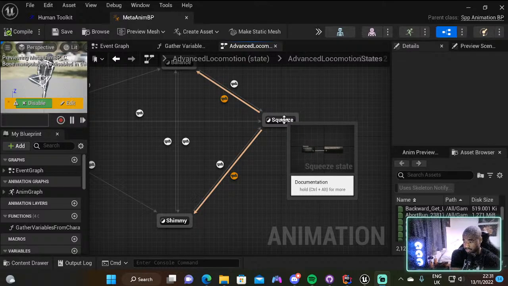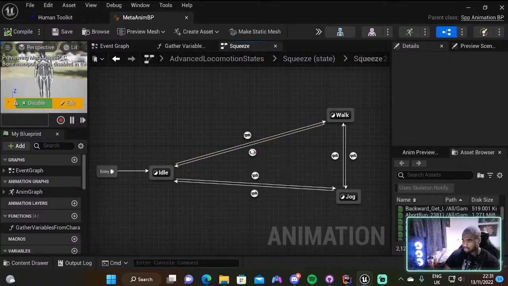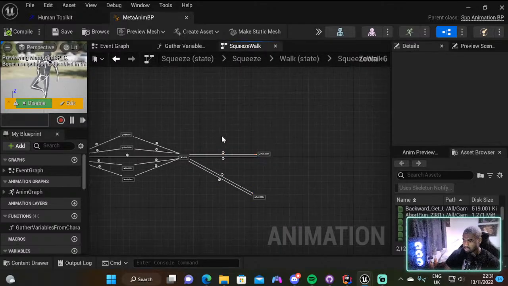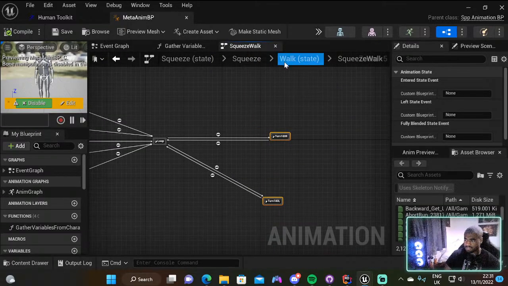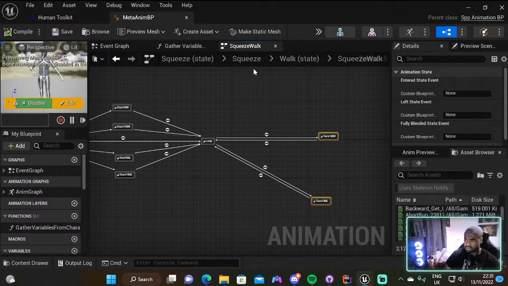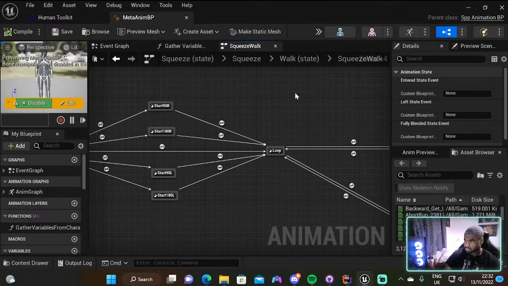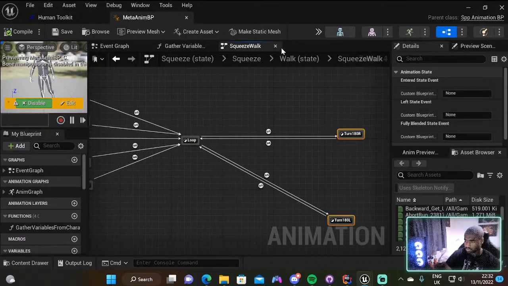Sneeze really badly. So in here, squeeze in here. Walk wherever. Okay, cool. Then walk. I got walk states. Okay, now I don't think I need these, to be honest. Because I think